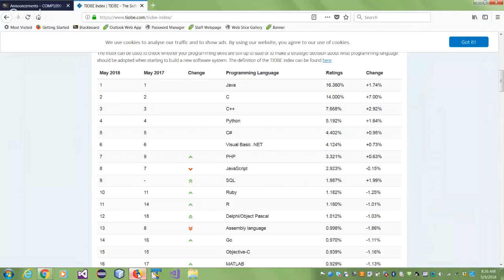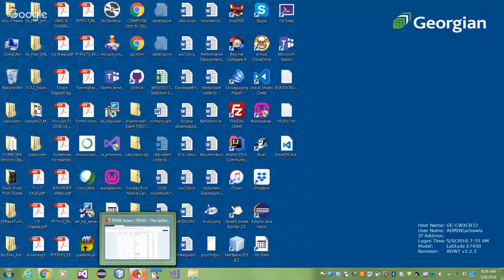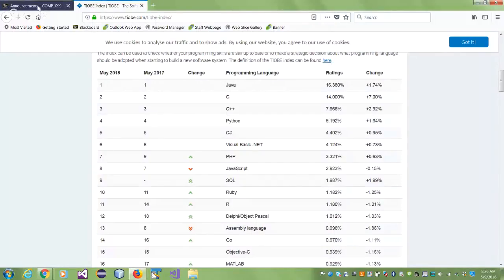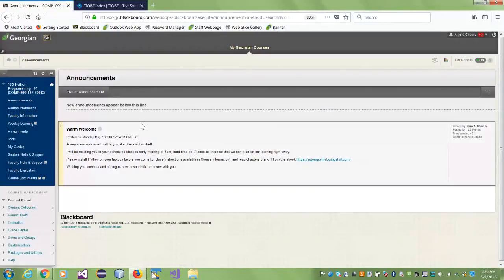Okay, so let's walk you through Blackboard. My Blackboard is not that big right now because, as I said, I'm teaching the course for the first time. And as the time passes by, folders will get filled up. You will see assignments coming up. You will see weekly learning coming up and so on. Okay. So as I do, my aim is hands-on. All of us want hands-on. We don't want to listen to anybody. So I'll just kind of walk you through as to what I'm going to use. And after the break, we'll embark on starting straight away. We'll start doing our first program straight away today.